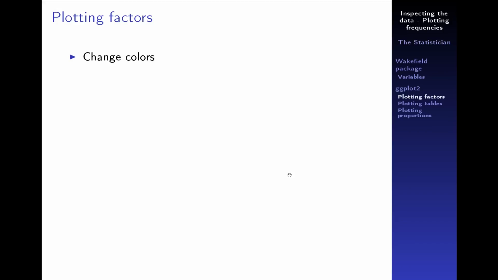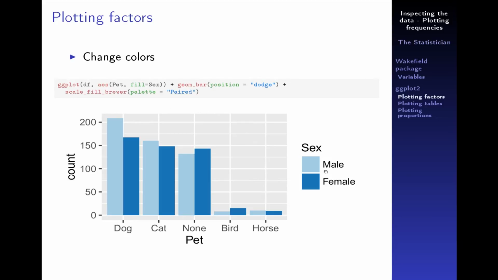And we can do all kind of custom things here. For example, we can change the color. We have a function scale_fill_brewer, and we have a palette set to be Paired, but there are many palettes, so you might check them out and choose the palette you like the most. Alright,